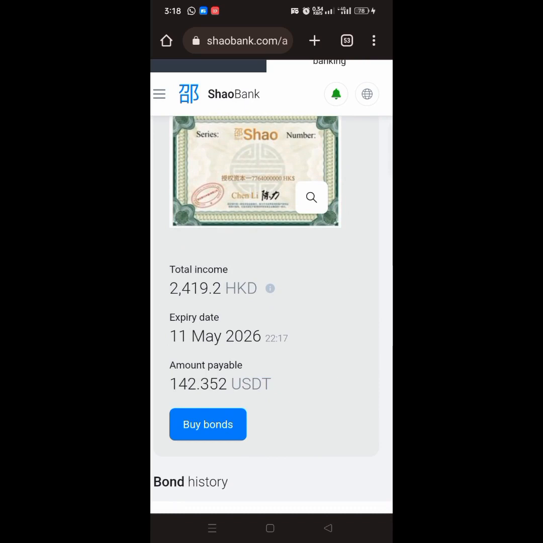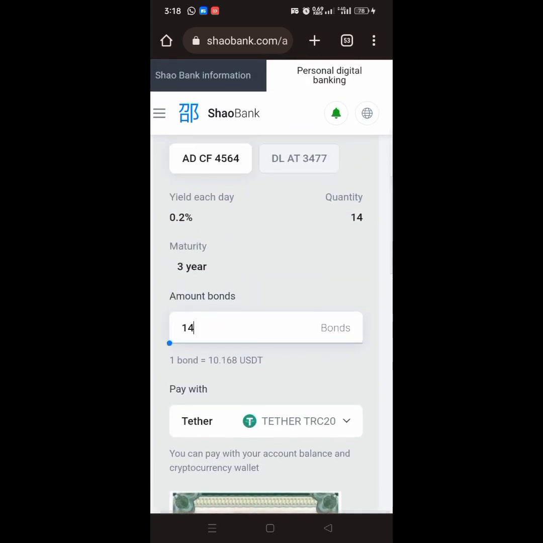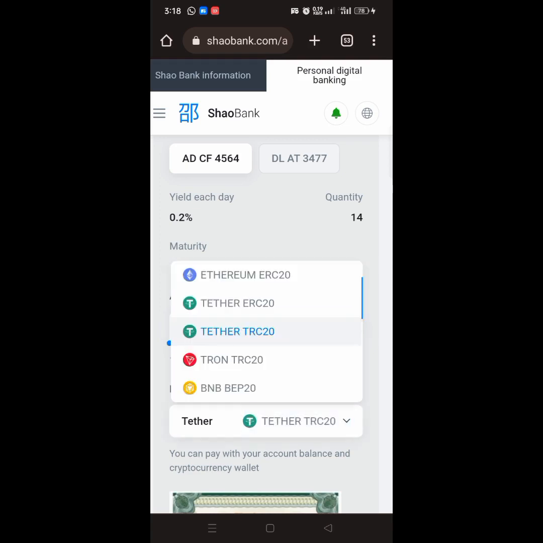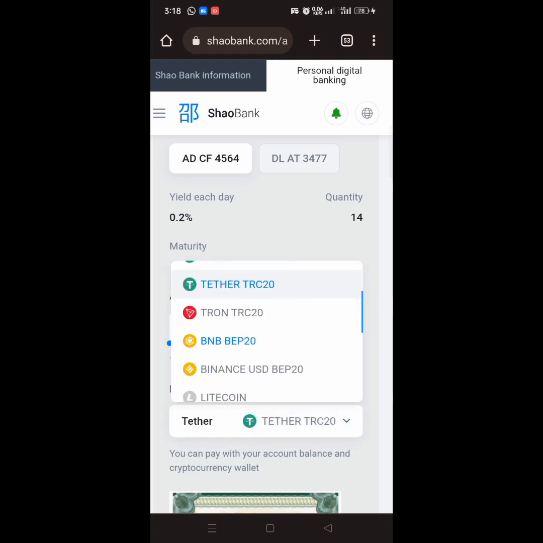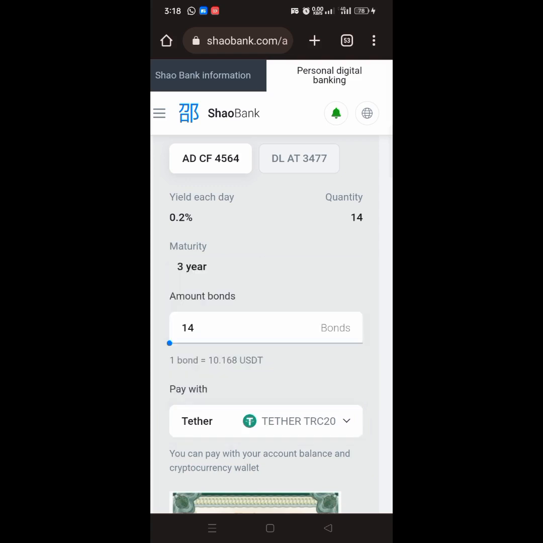You know, the last one I purchased is around 10, and I want to buy another bond right here. So what I have to do now is click on this place that says buy bond, as soon as I have added the amount that I want to buy. Remember, the minimum purchase plan is 10 bonds, which will cost you $101.62. In any cryptocurrency that you want to deposit with, you can select to deposit with BNB, USDT TRC20 Tron wallet, Binance, Litecoin, Dogecoin, Stellar, even Bitcoin Cash, Cardano, Solana, XRP, and also ePay. So for me, you guys know I normally love to use Tether